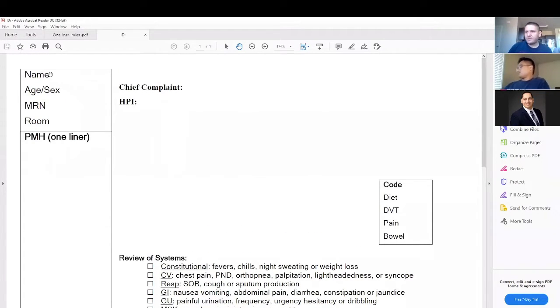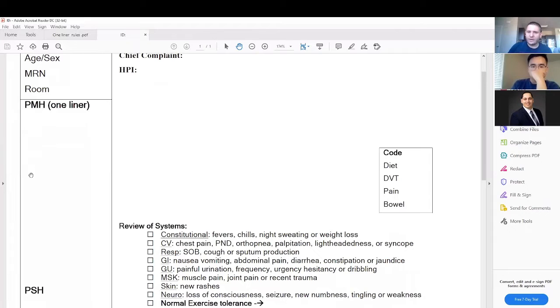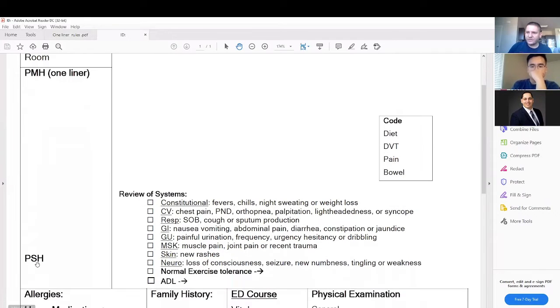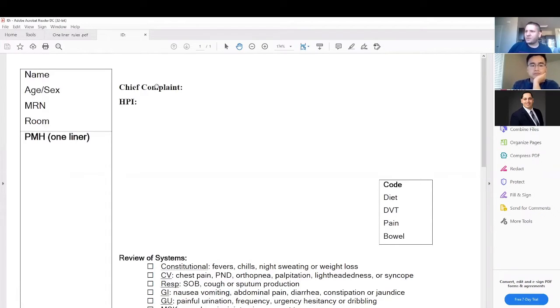Once I get the admit, I basically take the name, put in the MRN, and the VA ward, it goes by the last four. Then the past medical history, this is where I put my one-liner here. Any past surgical, usually anything relevant. And then the chief complaint. At the VA, I'm not sure if you guys have a clue or not, but